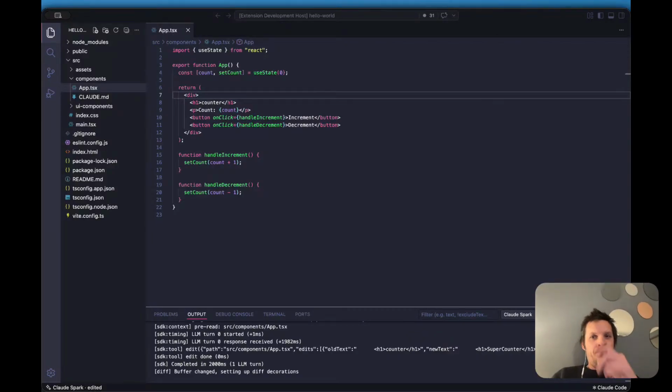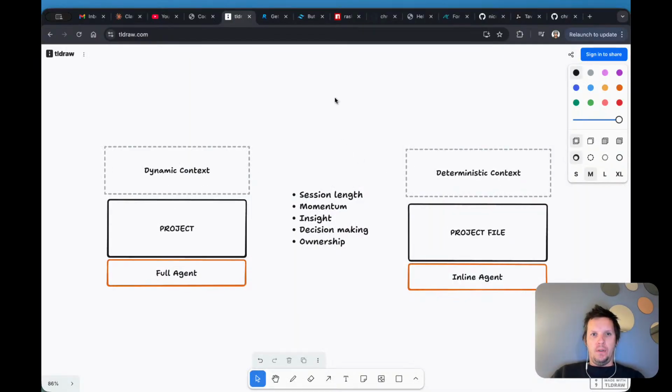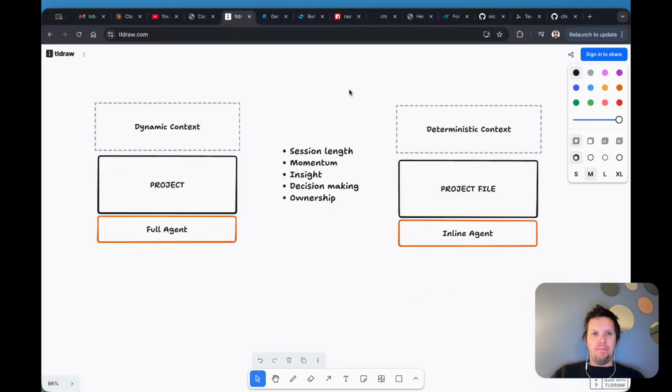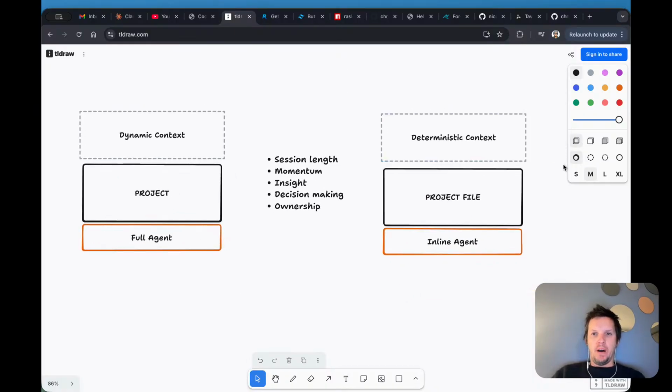Okay, hello. So I've been working on the Claude Spark project. It might change its name because I made some changes. But to explain where I'm coming from, I don't like how I've been using AI because I've